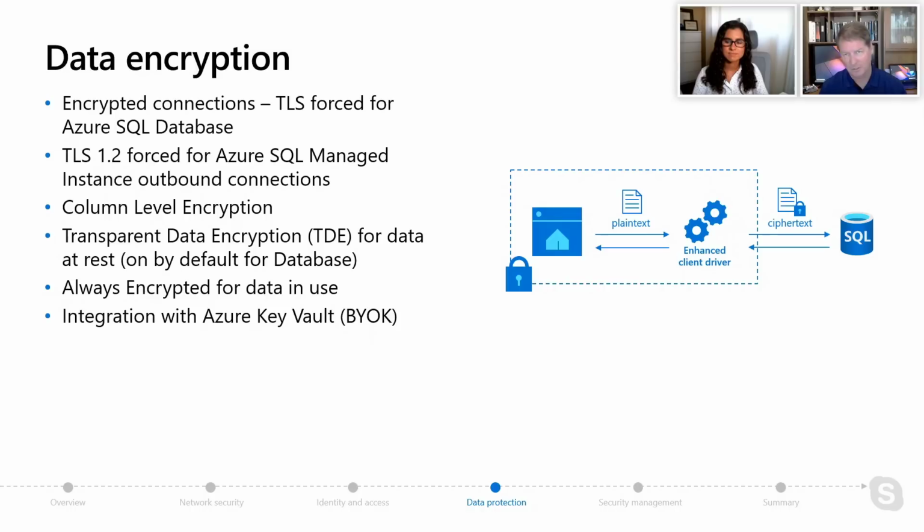Transparent data encryption is an interesting one. So we're going to put this on by default for your database for Azure SQL Database and managed instance. We think that's the most secure way of encrypting your data at rest inside the Azure infrastructure. So be aware of that when you're deploying databases. You can turn that off, but we do certainly recommend that. That also allows us to do other things in the backup space to make sure things are encrypted there as well.